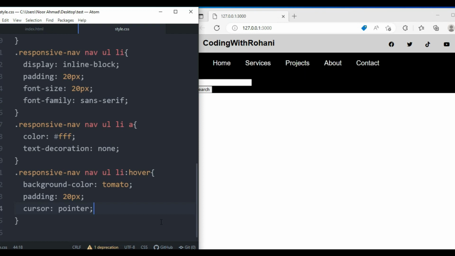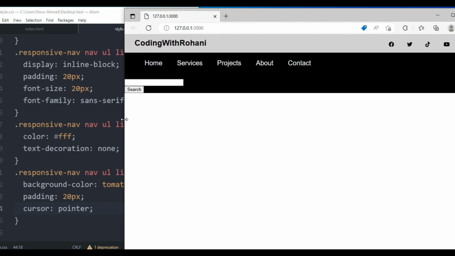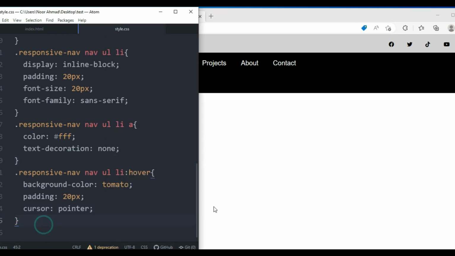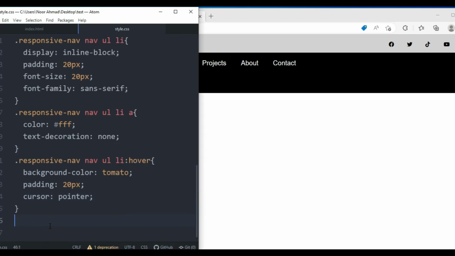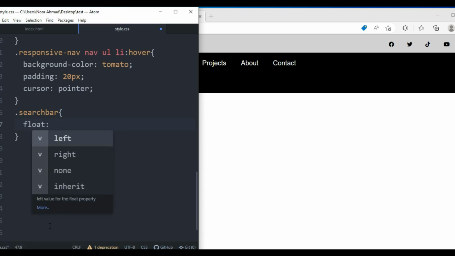So we need to remove this from here as well, so that it will be placed on this side, at the right side of our navigation bar or menus. Now let's target the search bar. So this one will be float right,